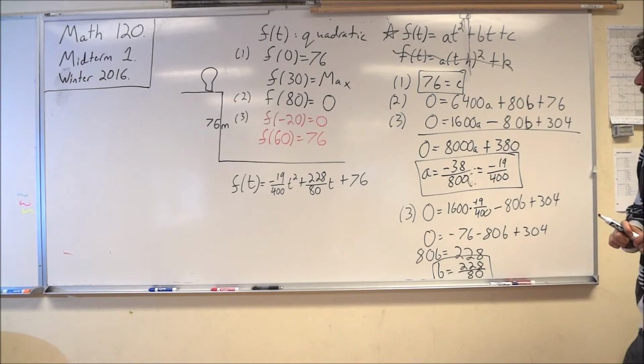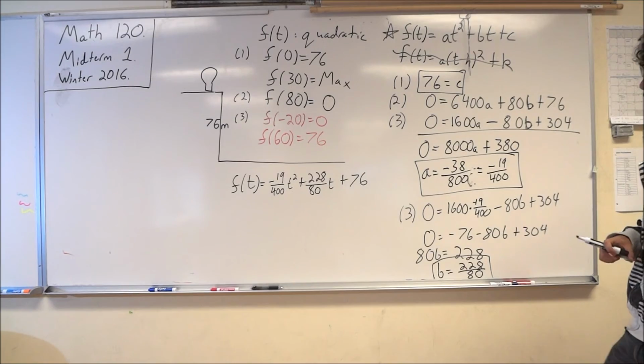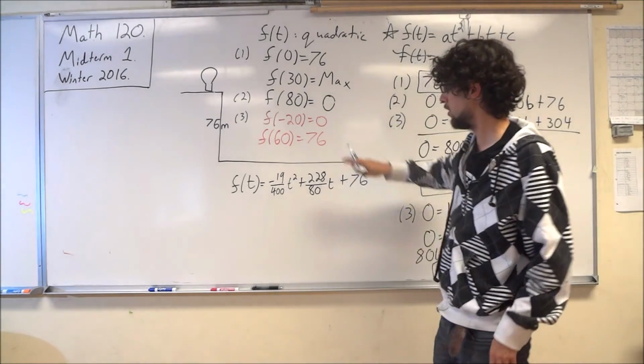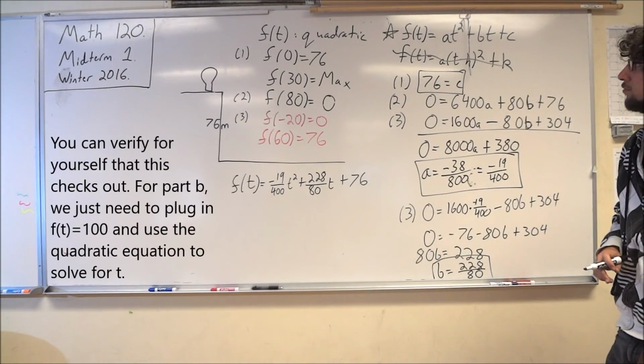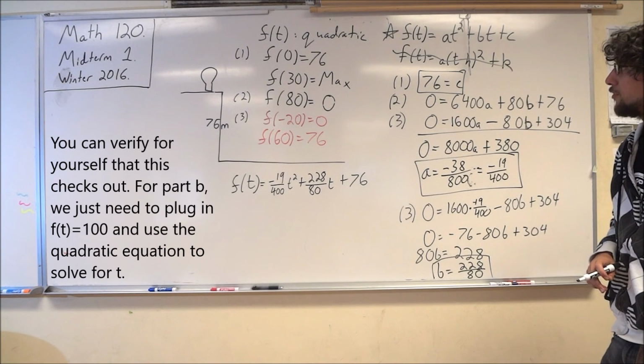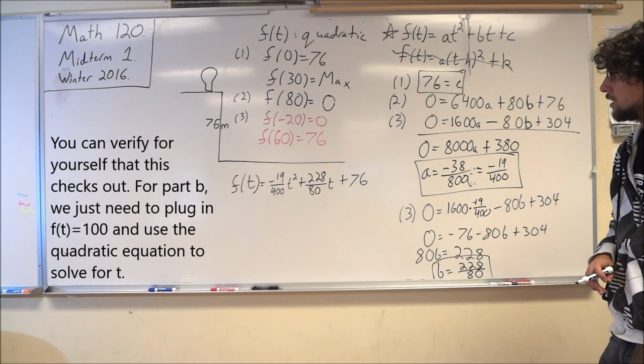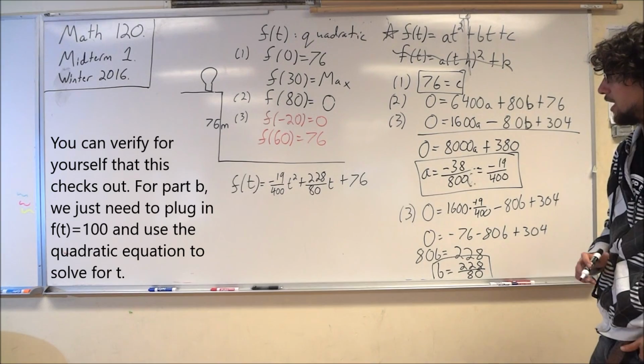And it would be worthwhile to check that this actually works with the data points in question. I certainly do have that f of 0 equals 76. If I plug in 80